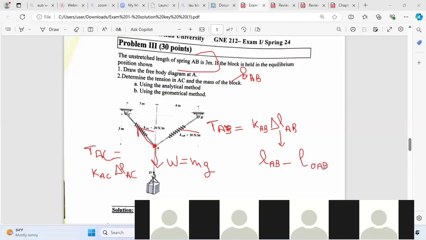I don't know how to do it. You don't know how to calculate L of AB? Okay. Well, let us think together. We developed in the course material for a general triangle. But first, before we go to the general triangle, don't you have a right triangle here? This is right or not? No. Okay. This distance from this point to this one is given. This is 4 meters. And this distance here is also given. This is 3 meters. And you have a right triangle. So how to calculate